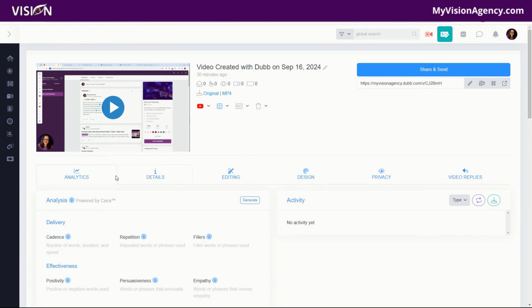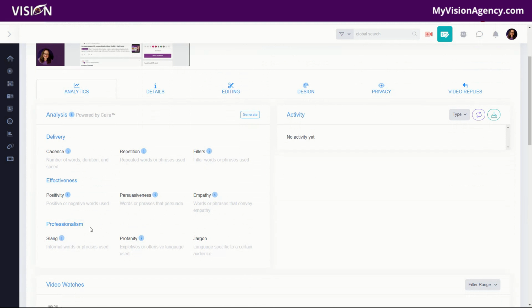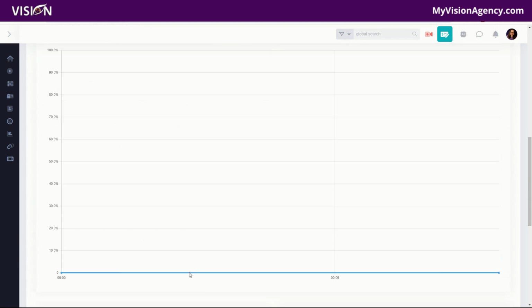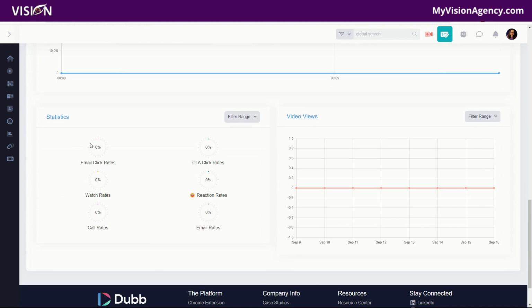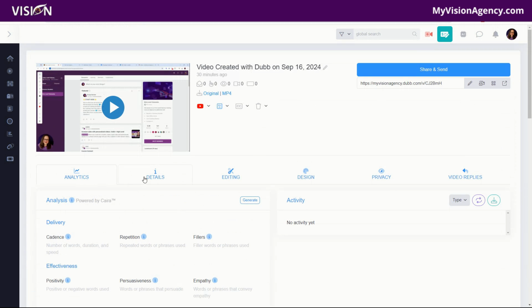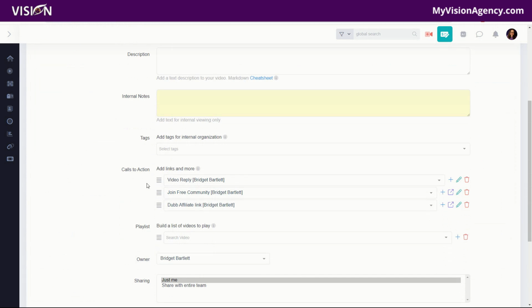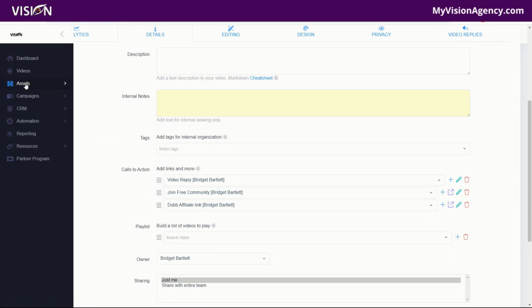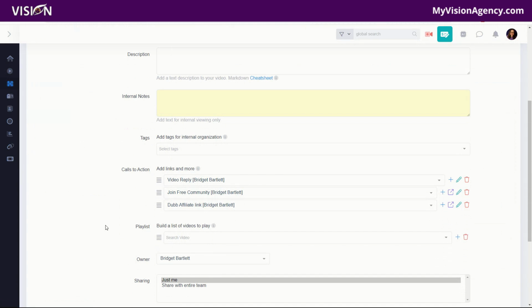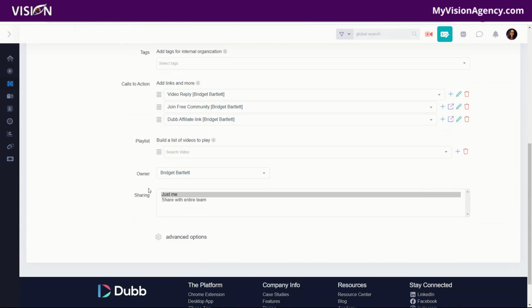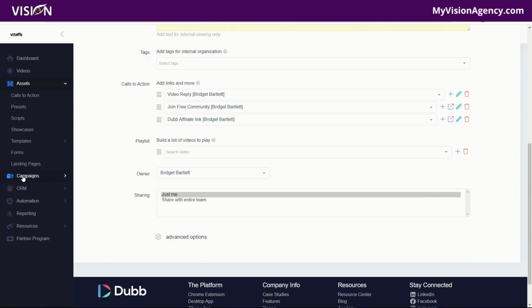Okay. So super cool. Now down here, you'll see all of the analytics from this video. You can see the video watches and the watch time. You can see the click-through rates and all of that from this particular video. There's also options here that you can add details. You can also choose the calls to action, which you can customize. And again, we'll go through all of this this week, adding your calls to action, creating all of your presets, which is, like I said, the page that your video goes on. You can add different tags. There's also the option here to create